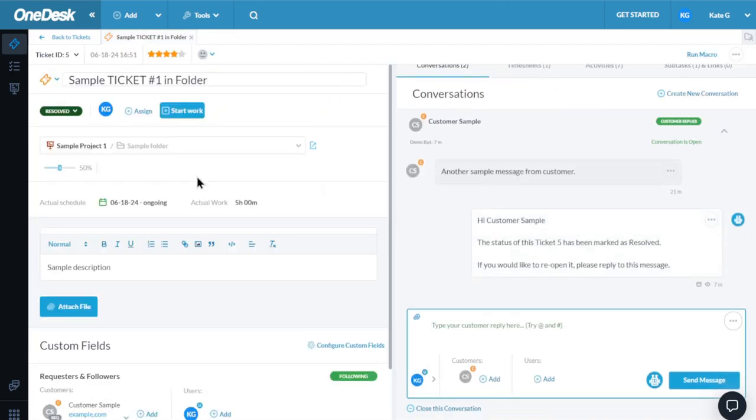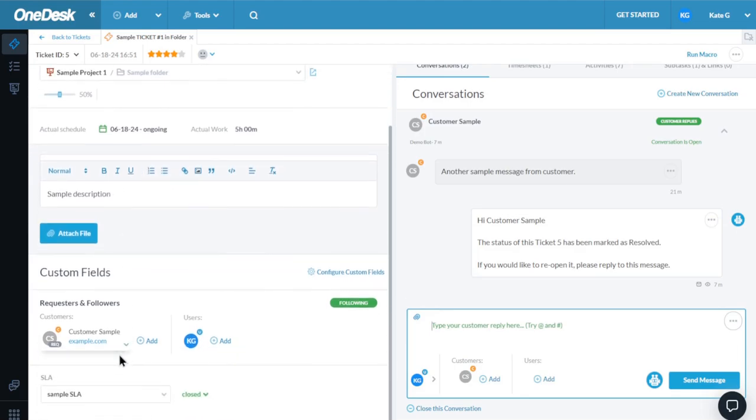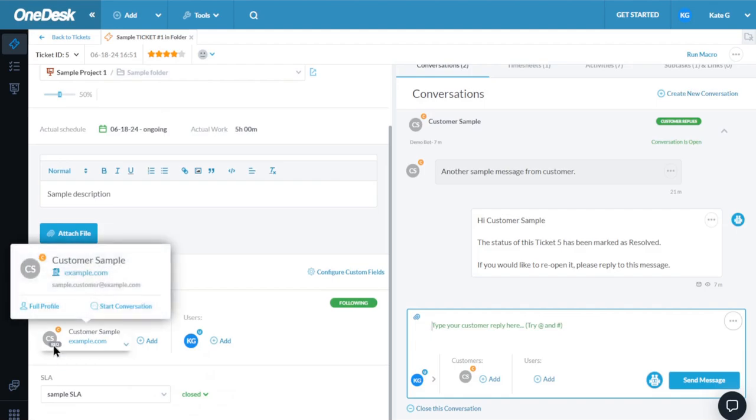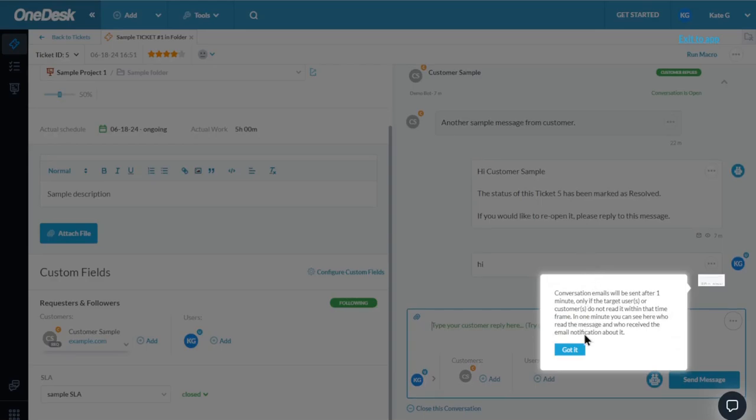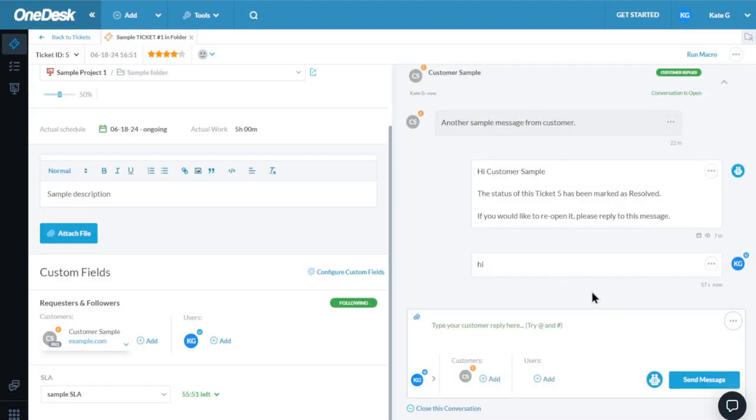The email subject line will become the title of the ticket. The body message becomes the description. The customer is added as the requester here. Their name and email is captured if a profile does not already exist in your OneDesk account. You can reply to the customer directly from the Conversation tab here. These replies will go to the customer's email. Likewise, the customer can reply from their own email and responses will appear here, connected to the ticket.